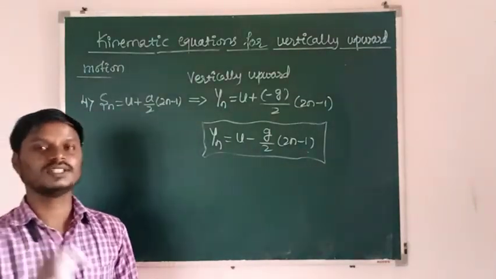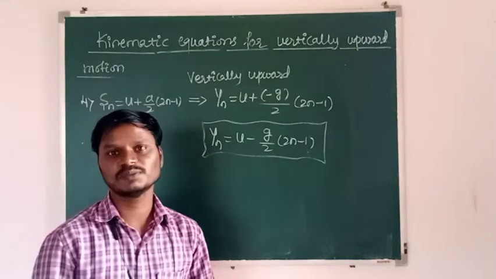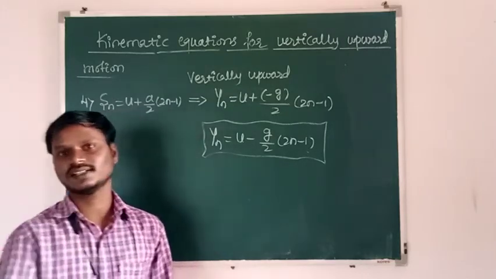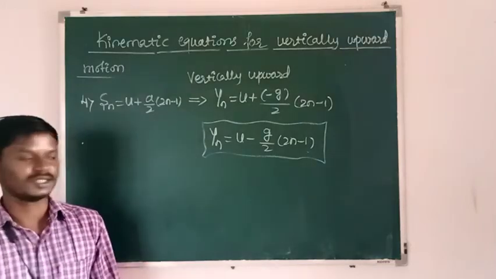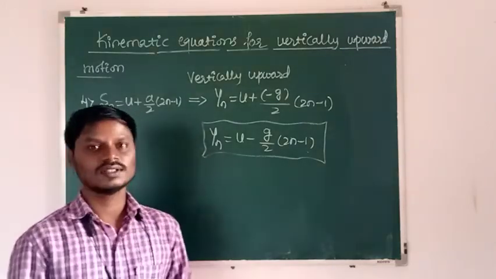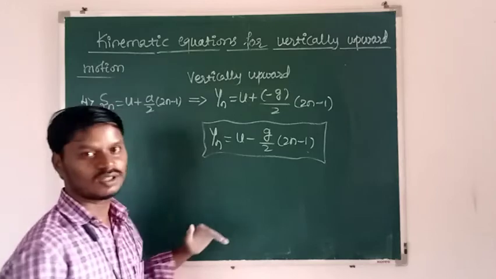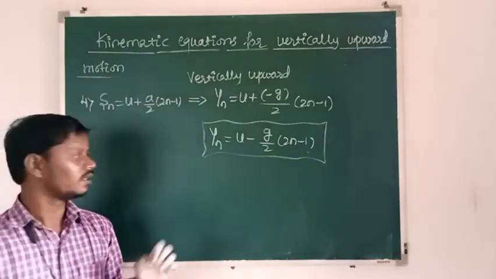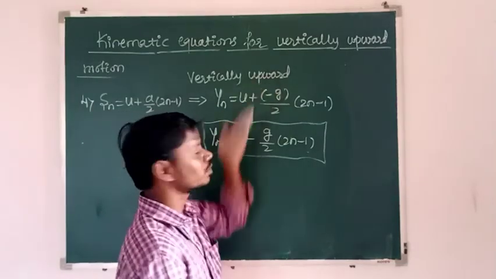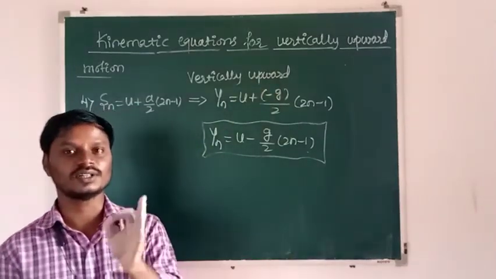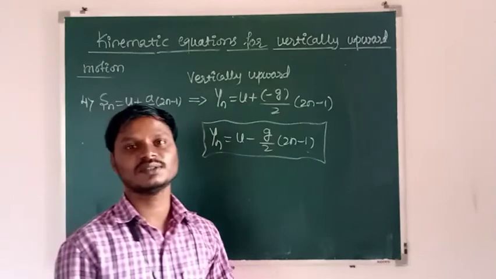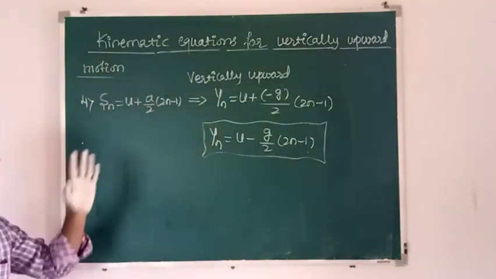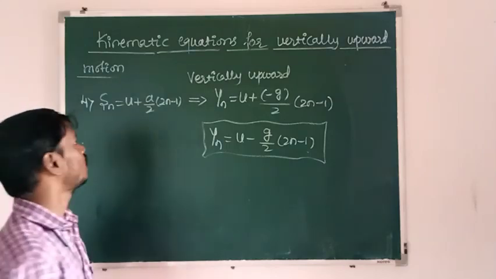But if the velocity of the body and acceleration of the body are in opposite directions, then the acceleration can be taken as negative. In case of free fall, the velocity of the falling body and the acceleration due to gravity are in the same direction. But in case of vertically upward motion, the velocity of the body and the acceleration due to gravity are in opposite directions. Okay, so these are some kinematic equations used in the vertically